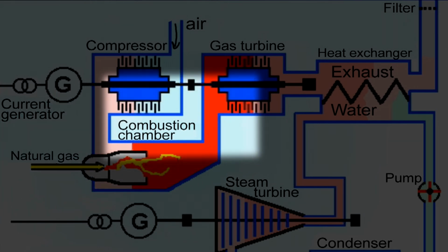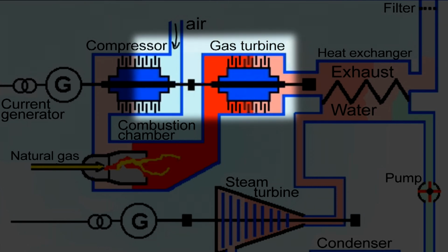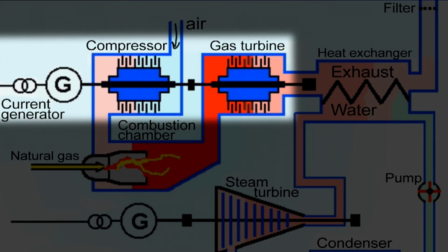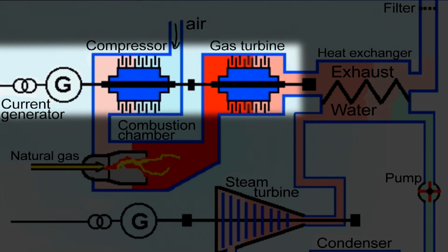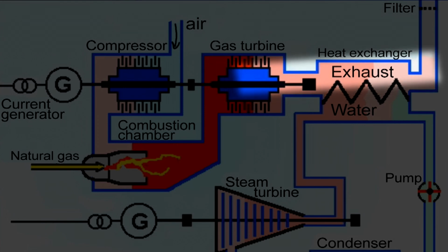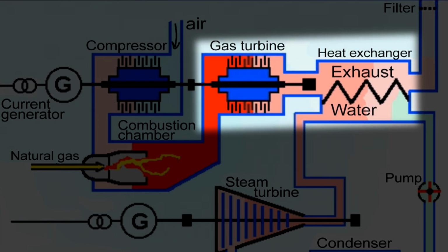The turbine turns this energy into mechanical energy. Through a shaft, a small part of energy will be delivered again to the compressor. Another large part of this energy will generate electricity in the generator. The generator is on the same shaft with the turbine and compressor. After the turbine, the exhausts can be removed to the outside, but the exhausts are still very hot, about 300 degrees